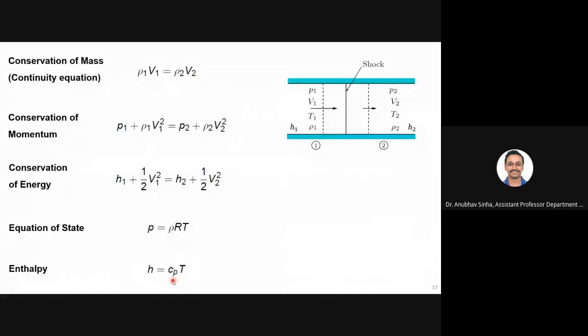So what do we see here? We have 5 equations, 1, 2, 3, 4, 5, and we have 5 unknowns. Let's say that I know what is coming at the inlet. At the inlet, I know these properties, rho 1, V1 and all that. What is unknown is the pressure behind the shock. I don't know pressure, density, temperature, velocity and enthalpy. So these are unknown and this is what is known. Then our task is to derive equations on how properties vary. Using these properties, we'll try to find out how much this has varied, or what the property is at state 2.